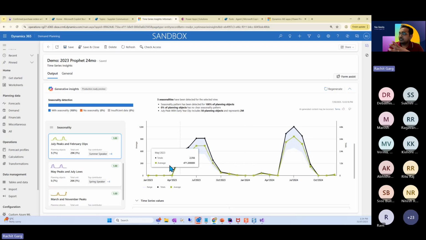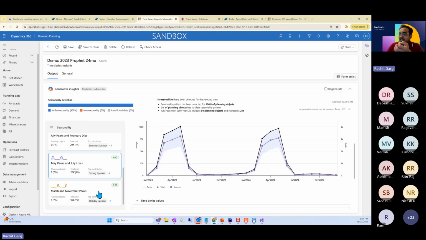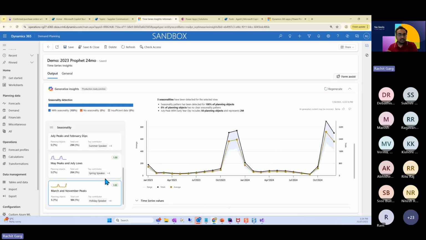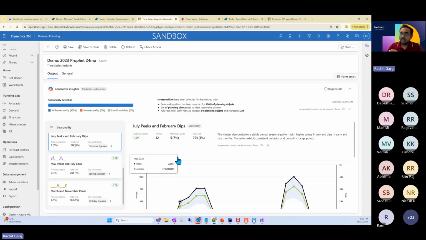So these things are really taking the user experience to the next level. And this is where we can now see the impact of AI in business applications, not just summarizations and showing you the summary or talking to it. It's actually generating these insights using the data which is in the application. This is a model-driven app for demand planning in Power Platform. I think it is generally available now. So if you need to access it, you need a supply chain premium license.